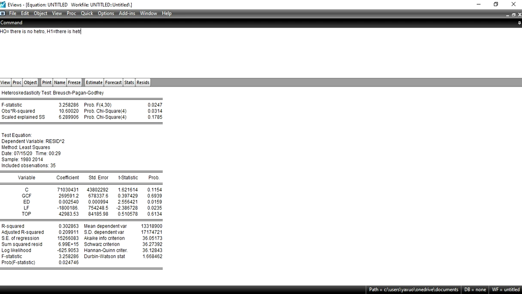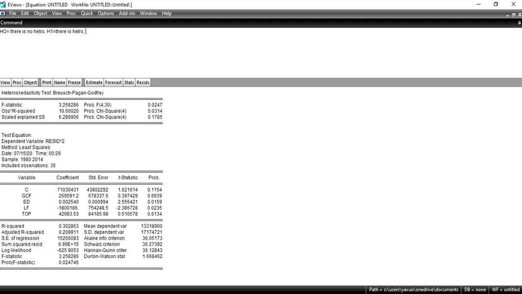If the p value is less than 0.05, then we reject H naught and we have to accept H1. As our probability value of observed R square is less than 0.05, we have to reject the null hypothesis, meaning that we accept H1, which indicates that there is a problem of hetero in our data.